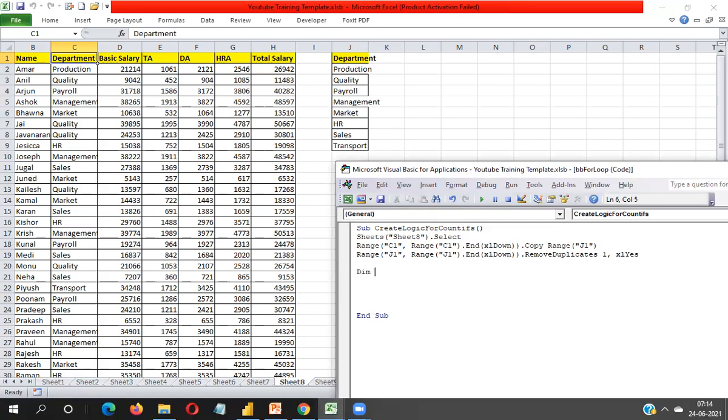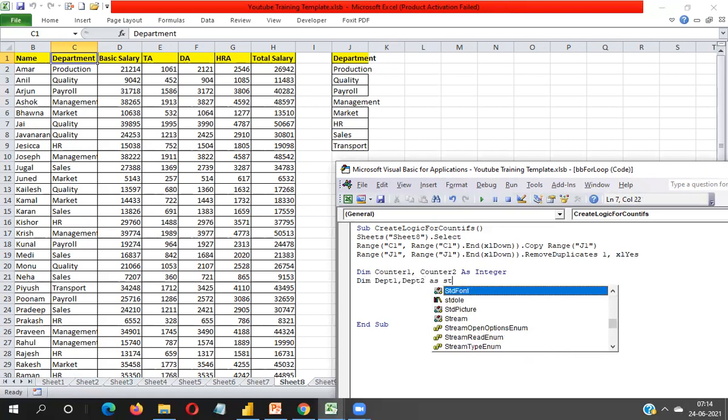I'm taking Dim counter1, counter2 As Integer. After that I have to declare two more variables, dept1, dept2 As String.